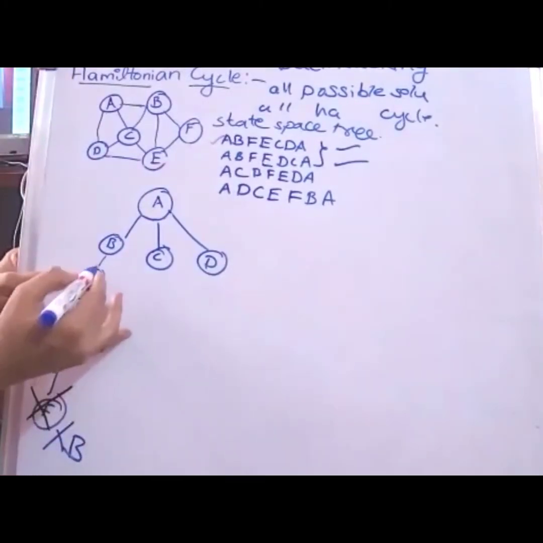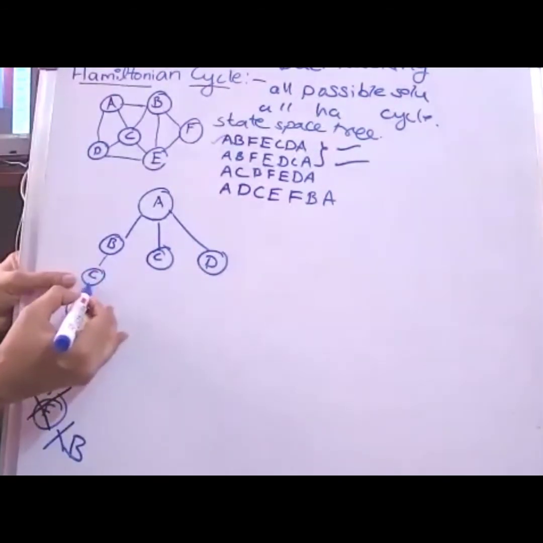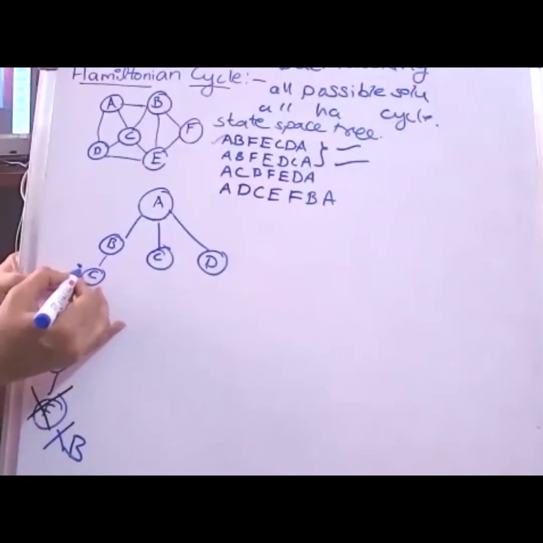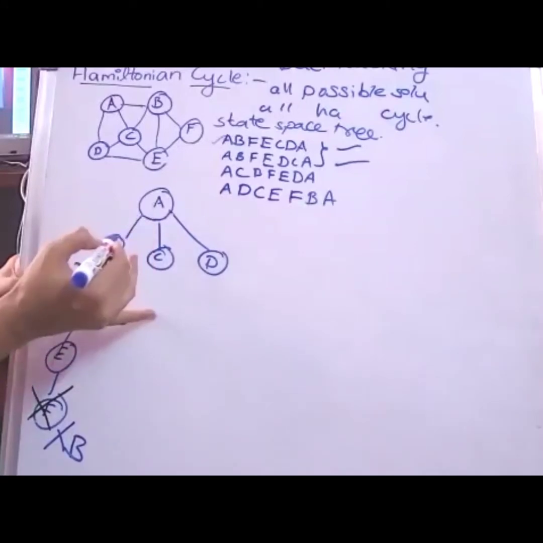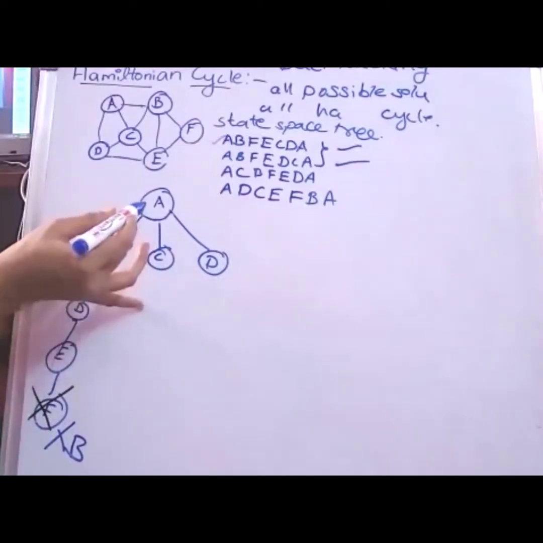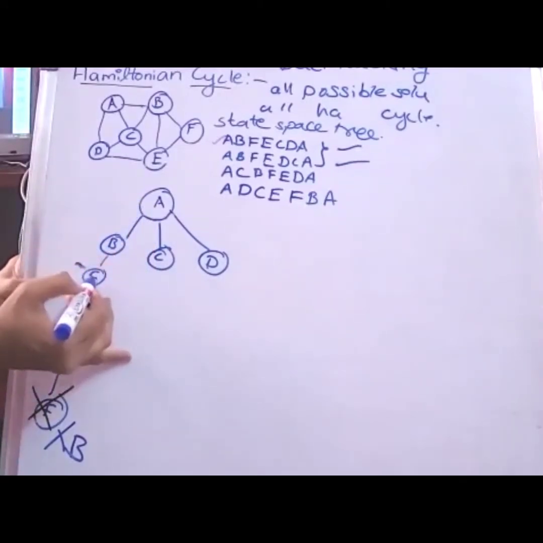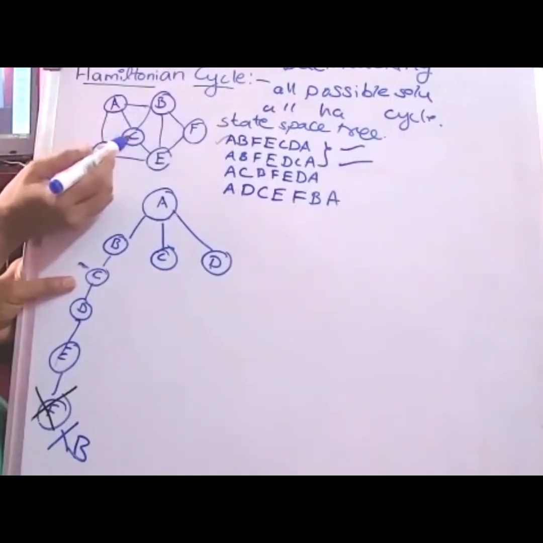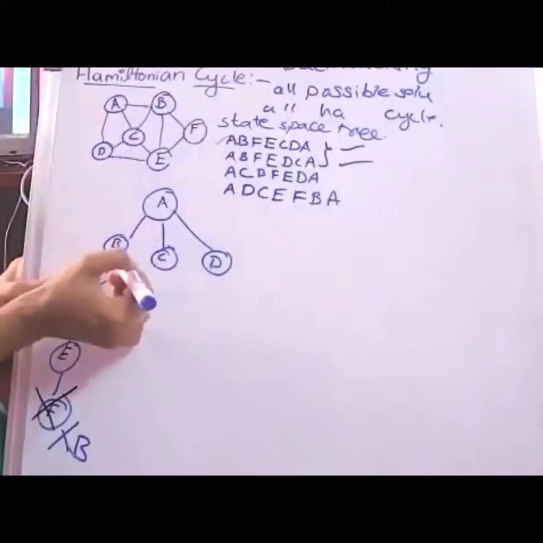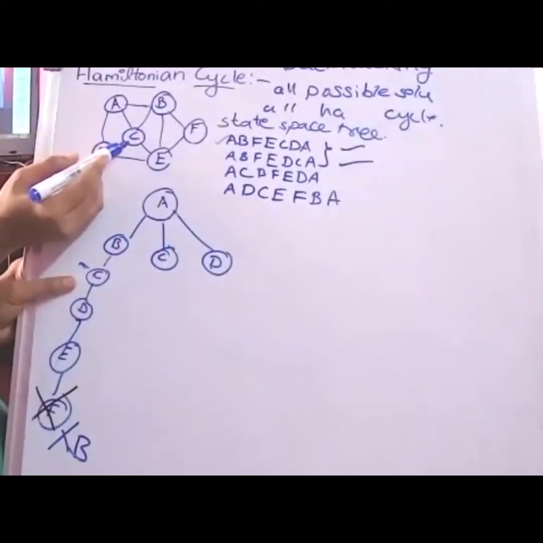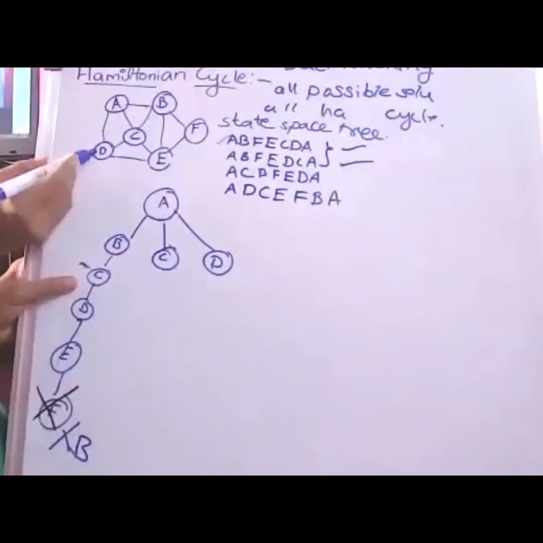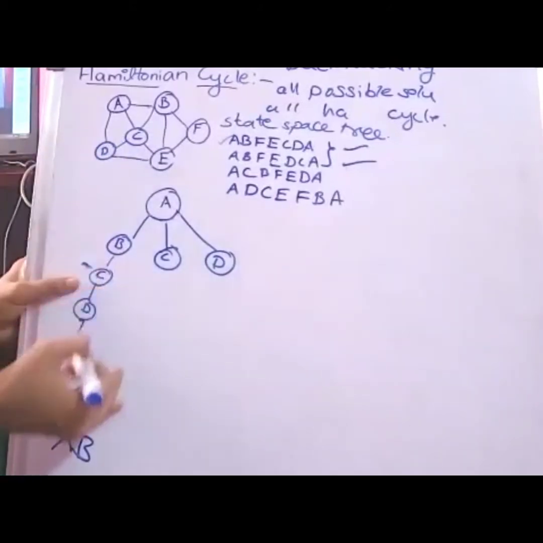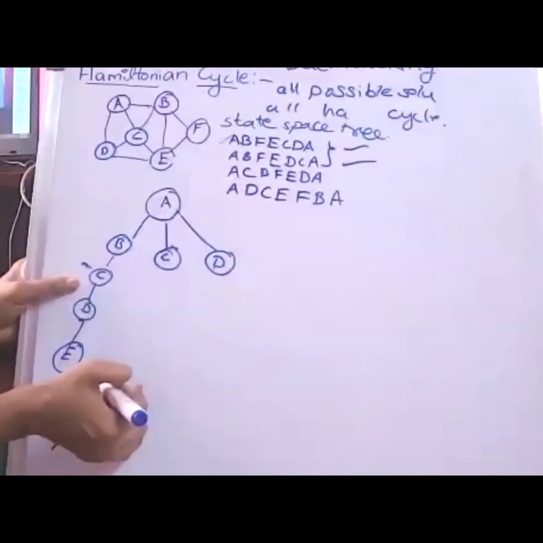So I am going back and trying to find another possible solution. Till this vertex, I covered only the two vertices A and B. Is there any other path from this point? C is connected to A, B, D, and E. Two of these are already covered in my path. I am trying to visit another one from this point: D and E. This path is also already tried, so it is not giving a possible solution.